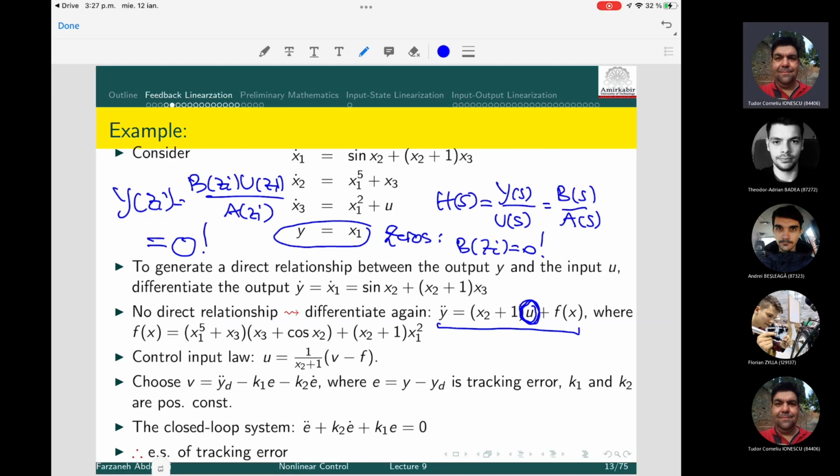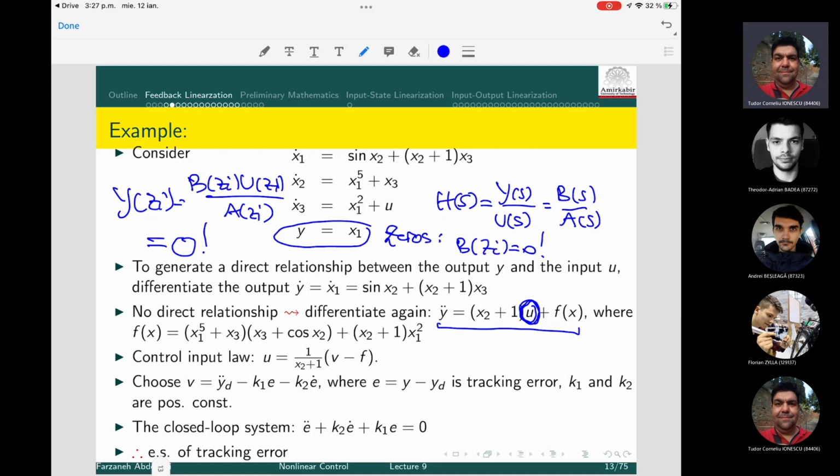So the zero is sort of like a first order zero, multiplicity one, because at the second level the input has an influence. There should be a very interesting relation here with the relative degree. The relative degree is the number of zeros of a